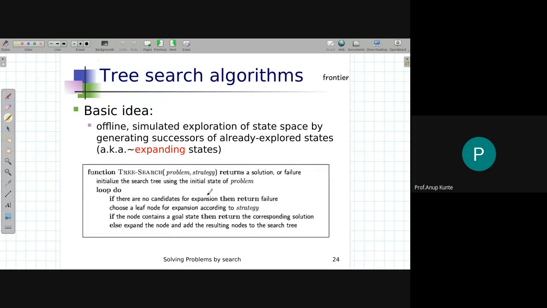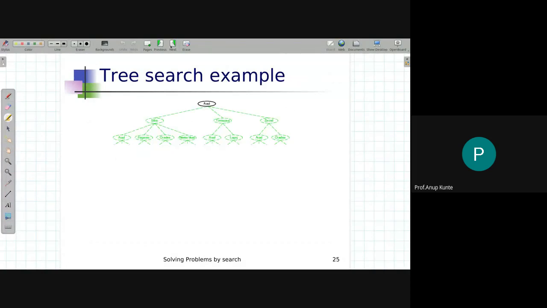So from the problem, what did we do yesterday? We took the initial state and checked whether that is a goal node. If not a goal node, we expanded it. After expansion, whatever nodes were generated, we put them into a frontier list. We chose one of them, then again tested whether that is a goal node or not. That was the way we thought the algorithm would be. But when it comes to implementation, just representing the state as a node in the tree won't be sufficient. Why? I will tell you using this example.